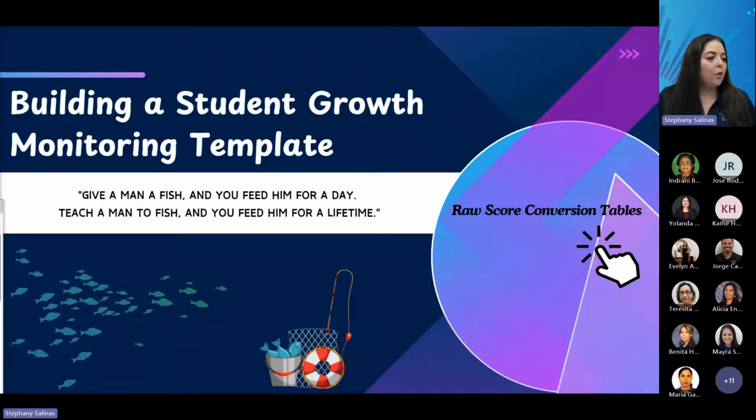So here I have the quote, give a man a fish and you feed him for a day, teach a man to fish and you feed him for a lifetime. And this kind of